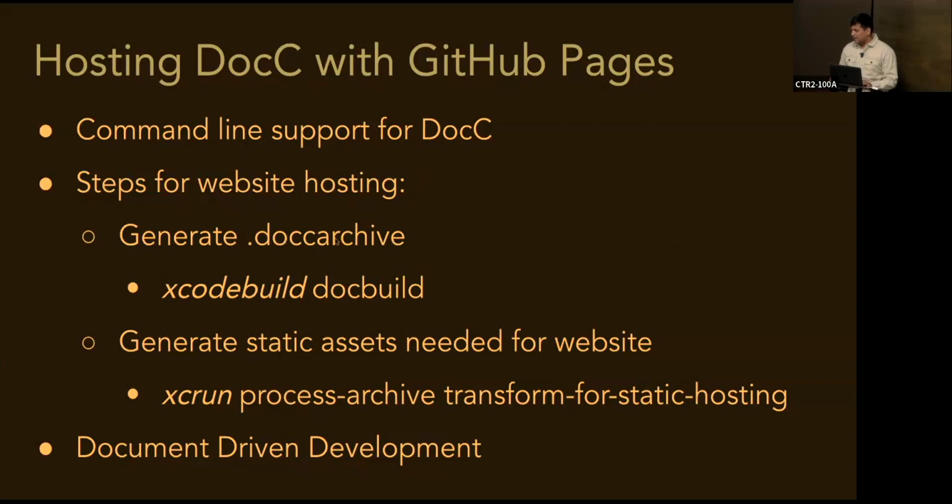The DocC archive will have everything that is needed in order to create your documentation. And this DocC archive is something that you can share with other developers as an Xcode documentation review editor, or you can pass it on as an input to the second command, which is xcrun docc process-archive transform-for-static-hosting. The DocC archive that you have created in the first step will be given as an input